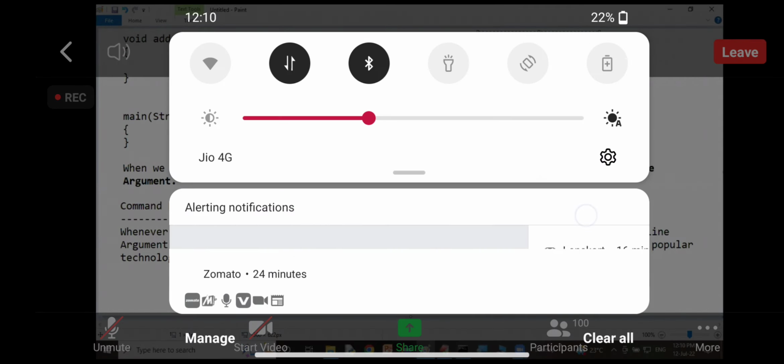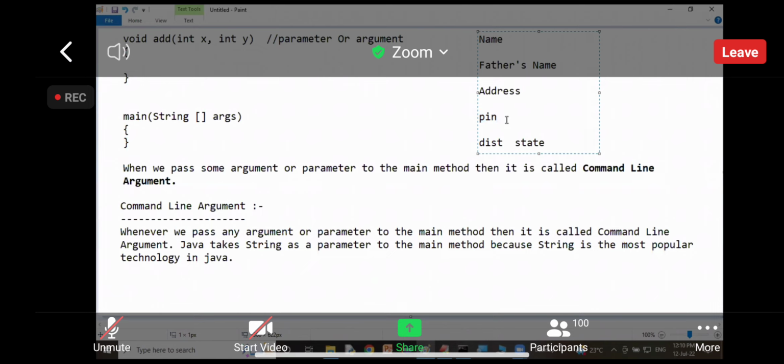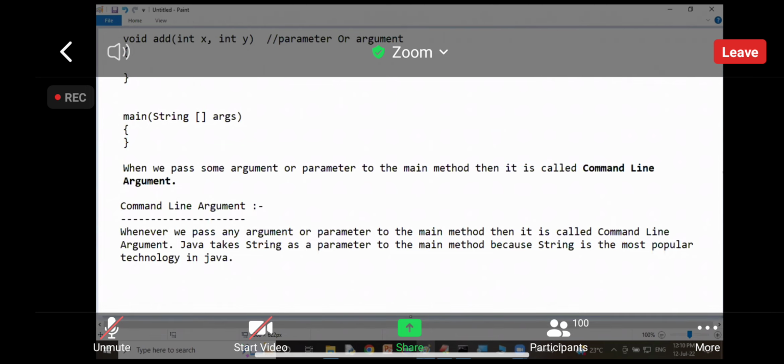PIN is only a number. Or if you have any mobile number, of course you have a mobile number or not? Mobile number is also in numeric format. So PIN number and mobile number are both in number format. Remaining all the data is string only or not? So string is the most popular, even you can say most popular